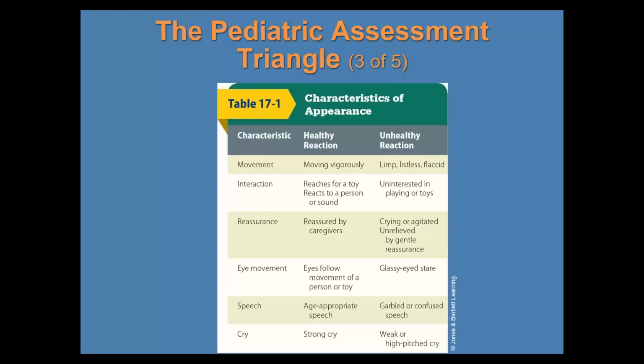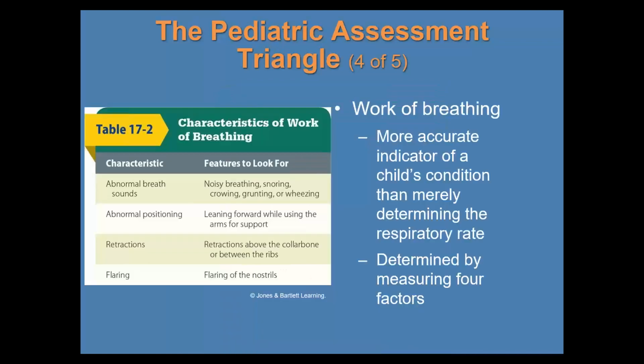So little things like that will help you indicate that something's not right. The characteristics of breathing: remember, children breathe a little bit faster than we do naturally. So again, this is a more accurate indicator of a child's condition than merely determining the respiratory rate. Look for abnormal breath sounds, noisy, wheezy, that sort of thing. Abnormal positioning, leaning forward while using the arms for support. So if they're trying to lean forward and you notice them having difficulty breathing,